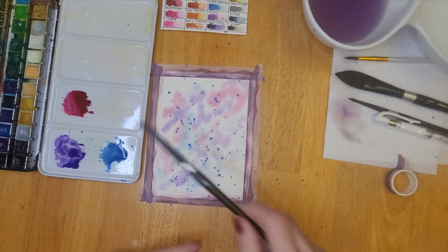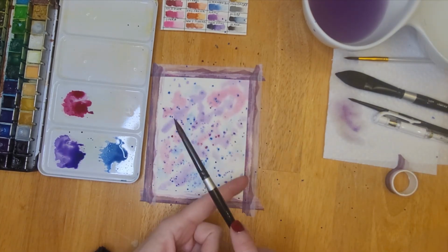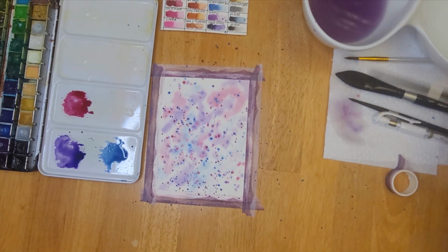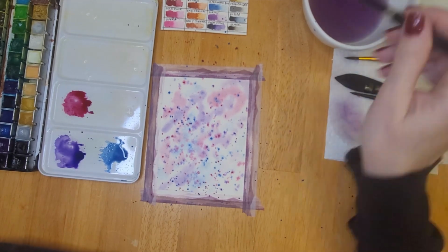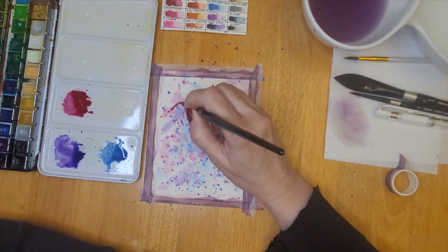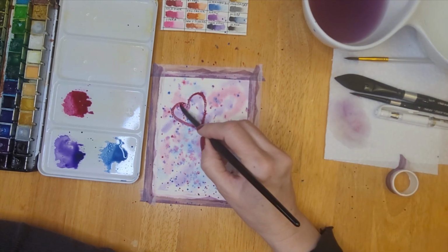I decided to splatter those three colors onto the paper, and I figured I'll be painting hearts on it. Most of it will be covered. It'll be fine. So I'm using a heavy consistency of paint, and I am drawing an outline with a brush